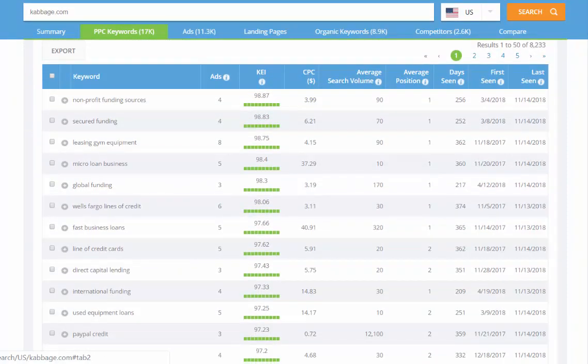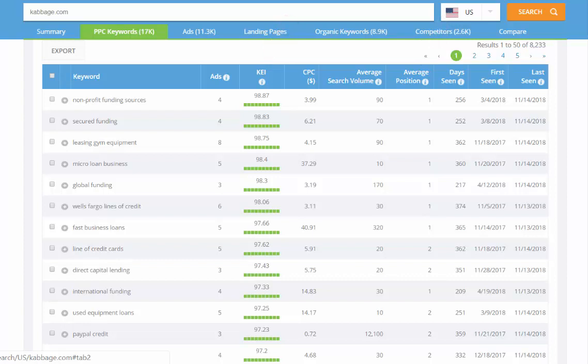Instead, show your clients the keywords that actually work, with data to back it up. The keywords that drive traffic for the competition. The keywords that their competitors really care enough about to invest in. The ones that they rank in the top 2 positions. Go to the Keywords tab and browse any competitor's KEI rankings to find high-value keywords that your clients may be missing. Maybe they're not the highest volume keywords, but they can still be